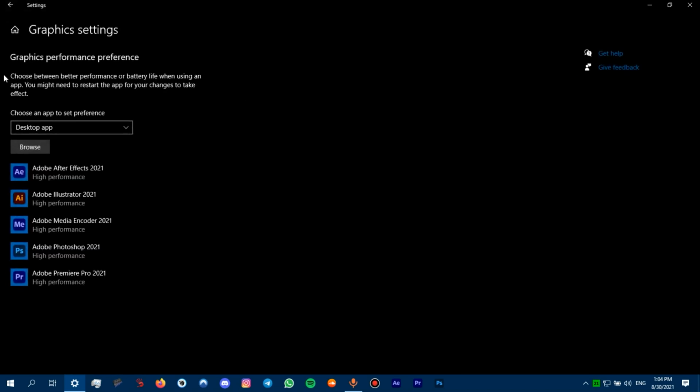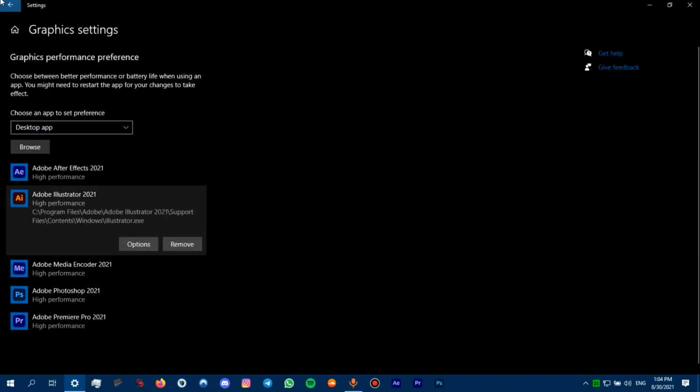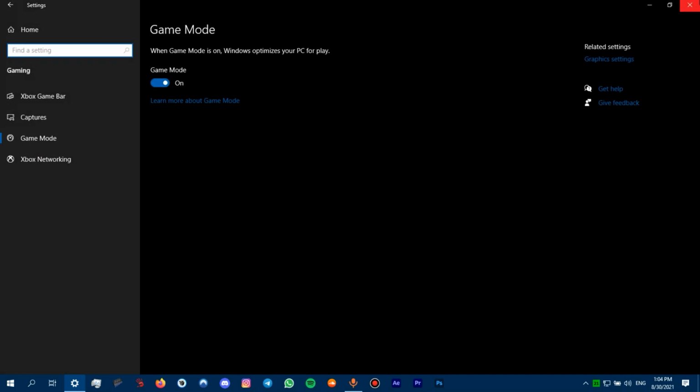Right on here, if there was an option, just turn it on. It's gonna boost your FPS and stuff. My laptop doesn't have that option because it's pretty old. But if you have the option, just enable it on here. You can ignore these. These are not important because we already chose them as high performance. Okay. So after this, you can